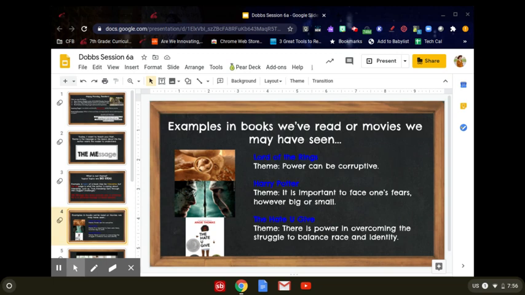So if you look at these examples on this slide, you'll notice that I haven't talked about any of the main characters, any of the events, where these stories take place. This is just an example of lessons learned within these stories, and I could actually apply them to other stories and my personal life. So that's what I mean whenever I say it's a universal message. We can take it out of context of these stories and it still makes sense.